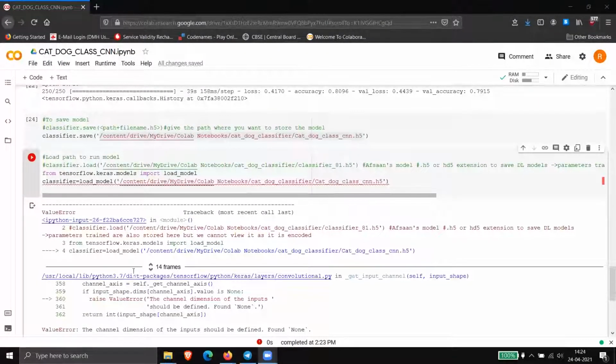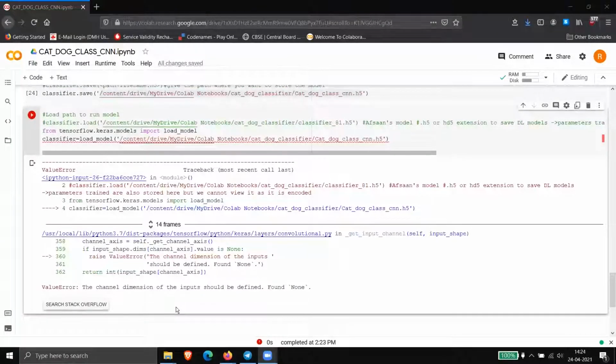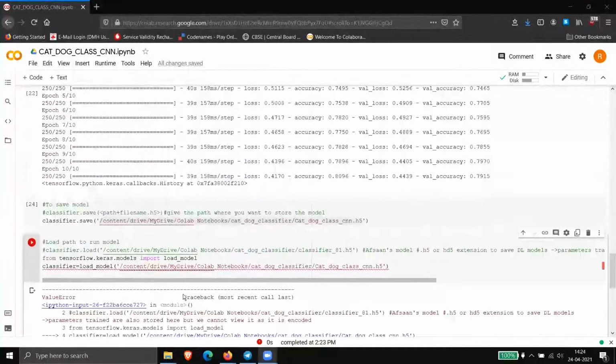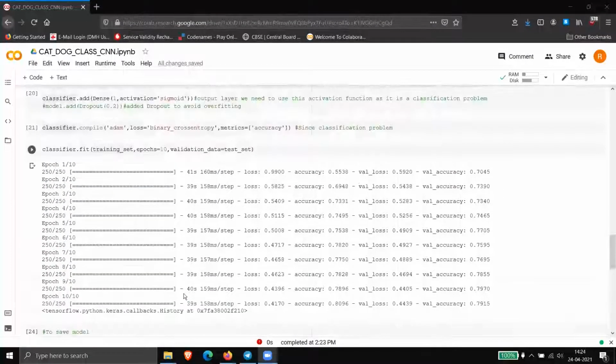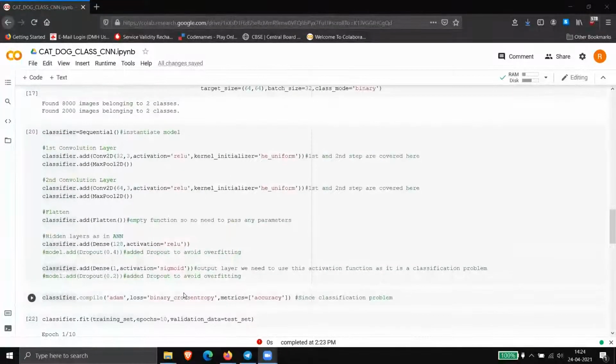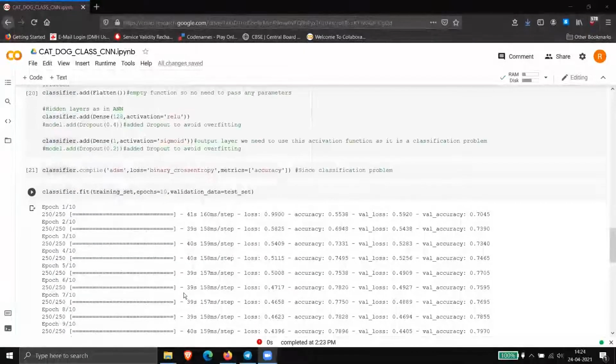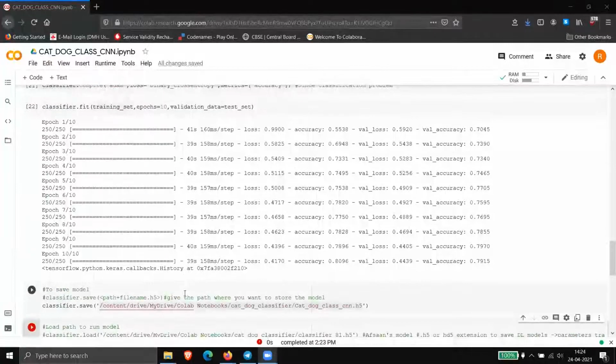It should work, what is the problem? Okay, scroll to the top. This is trained. Great. Go down, scroll down a bit, more. Can you show me this path, the cat dog classifier path?